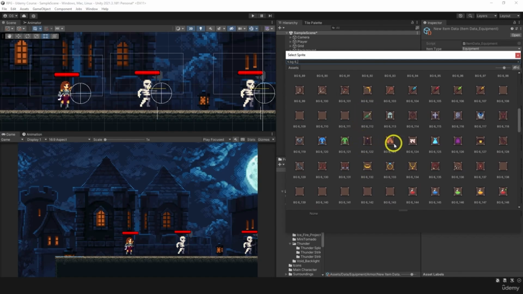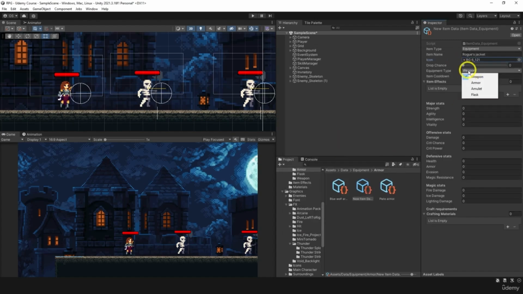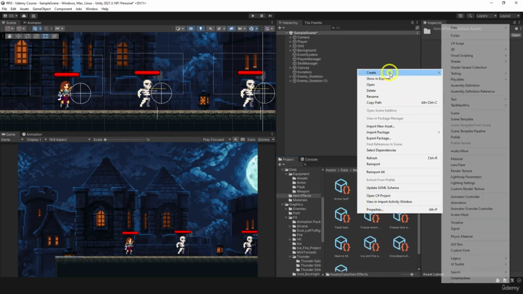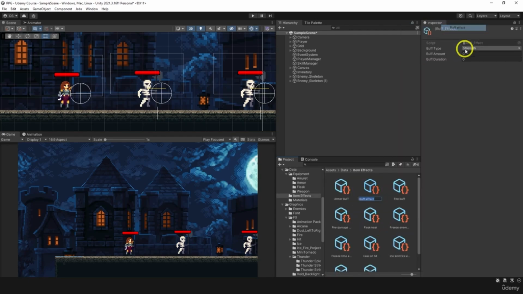Does this one look like Rogue? It's a shorts of some kind. I'll let it be this one. Okay. Now equipment armor and item effect. We need to make a new one. We need to make a buff. All right. Let's go to data, item effect, create new buff, item effect, buff effect,